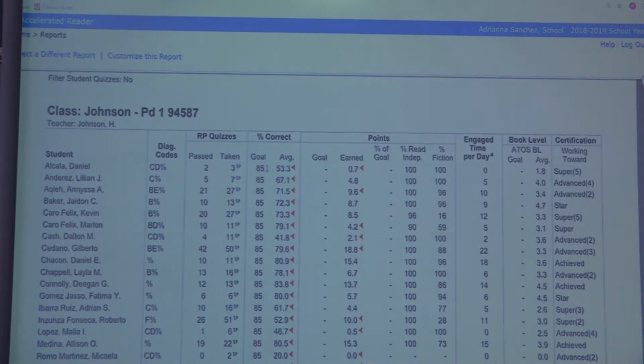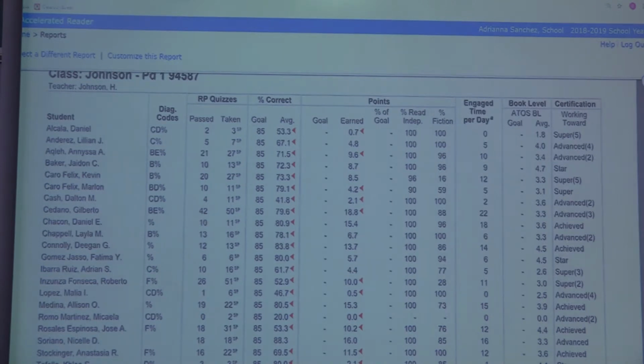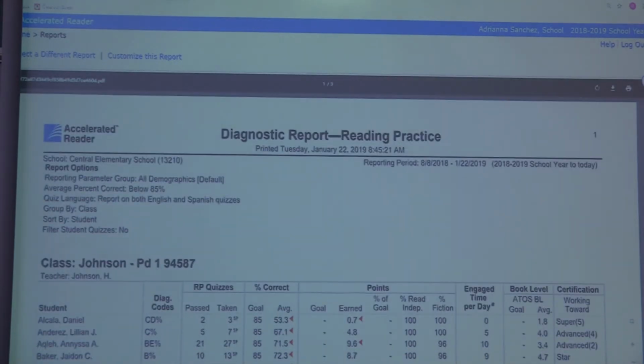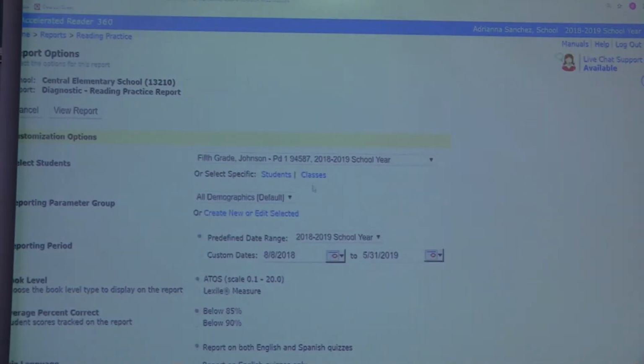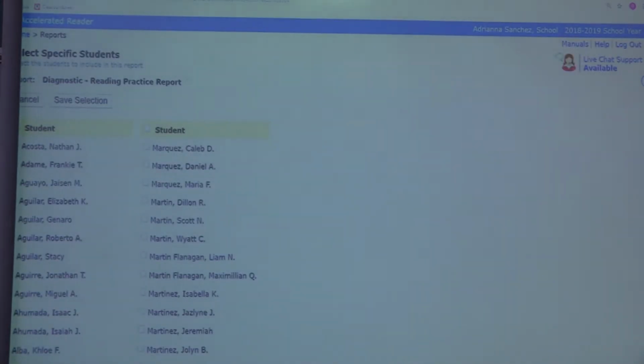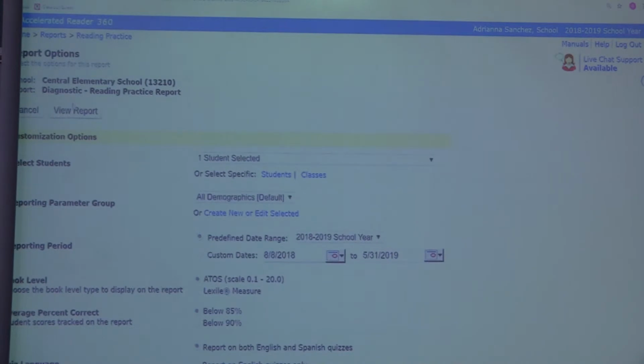It'll tell you what everybody's goal, I think, is set at 85. Their average right now, let's see, and of course the reading level right here. So like this student right here, Daniel, let's go back and we'll just select one student. That's just kind of like an overlook of the class. But when you go to one student,